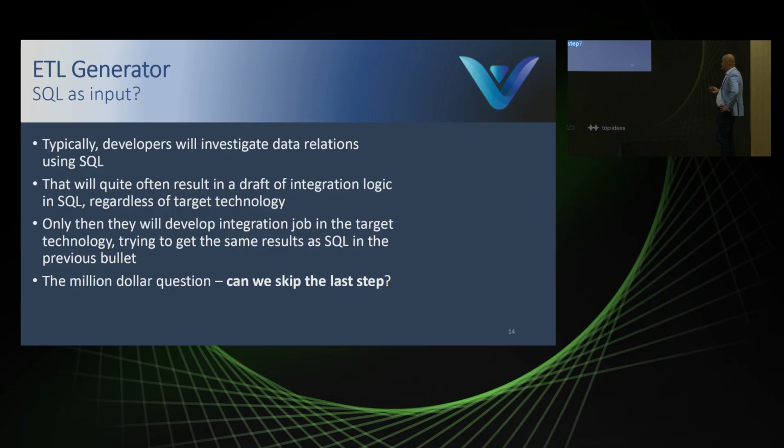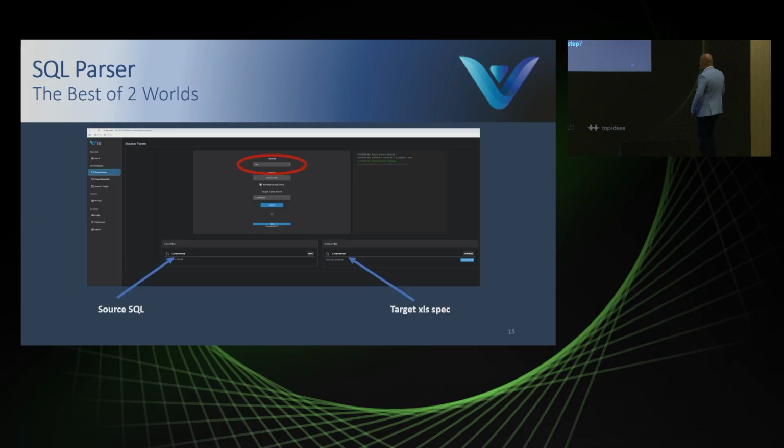But now, wait. For example, what if we are drafting the code for our fact and dimension tables in SQL? I do it all the time. For example, we have fact tables with a lot of columns from a lot of sources. So I want to find the source tables of these columns. I want to join them. I want to see, do I get the right number of records, aggregate if needed, and so on. And why would I need to write this Excel if I already have SQL? Well, this can be done using